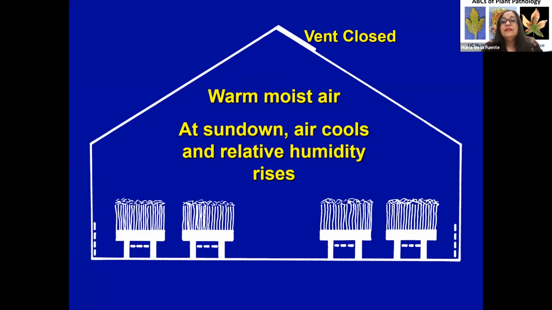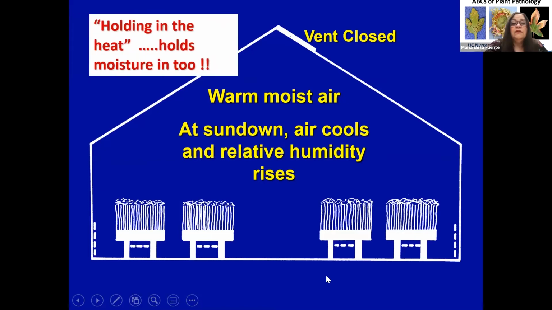So in this slide, you can see the system where usually the vents are closed in your greenhouse. Then the moist air, which is warmer at sundown, and the relative humidity in the greenhouse starts increasing. So in order to avoid problems,